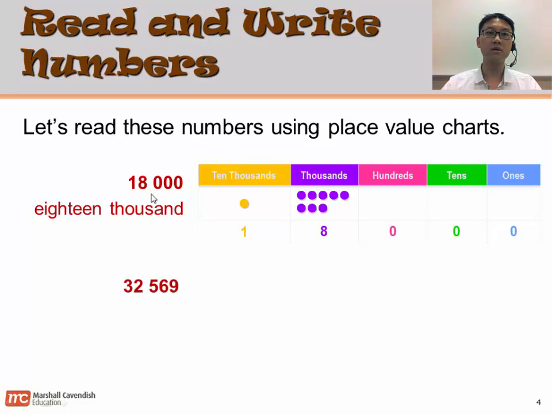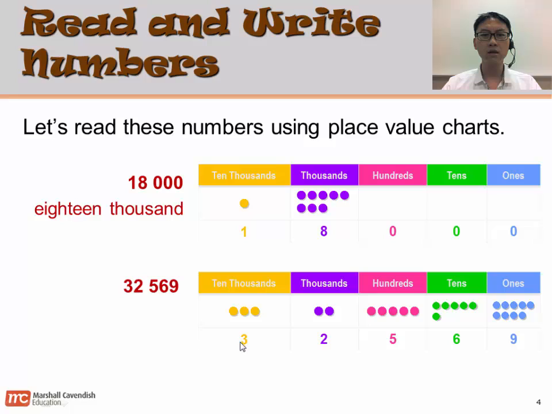How about this number? I've got this. So let's put it in our place value chart. I've got 3 in the 10,000s place, 2 in the thousands place, 5 in the hundreds place, 6 in the tens place, and 9 in the ones place. So again, let's group in groups of 3. These 2 digits here, we'll read them first. So 32. 32 what? Yep, 32,000. And then here,